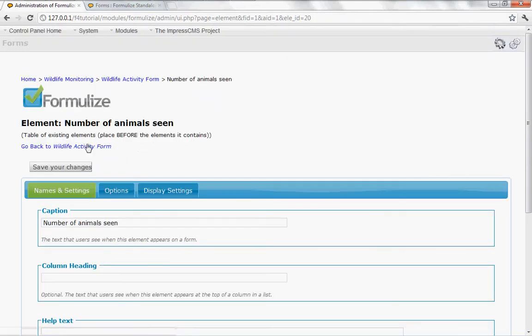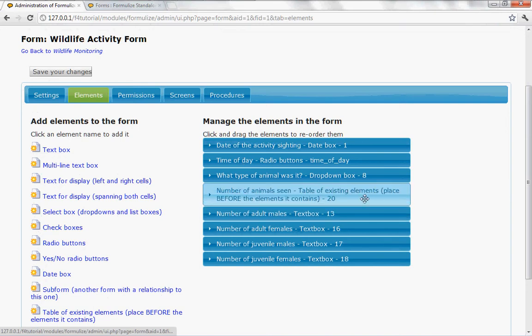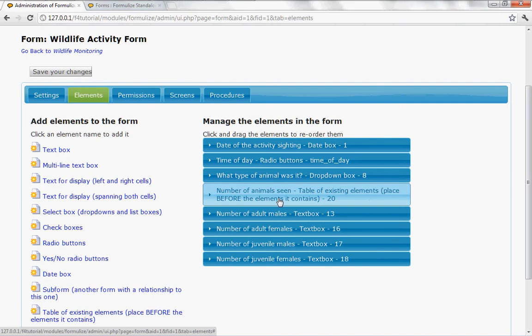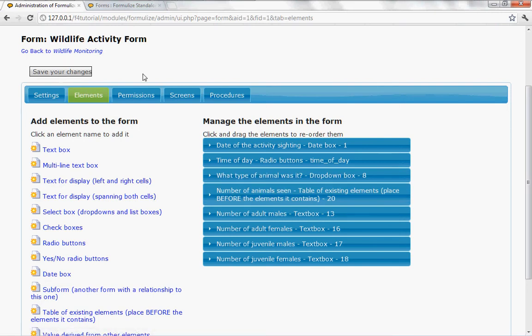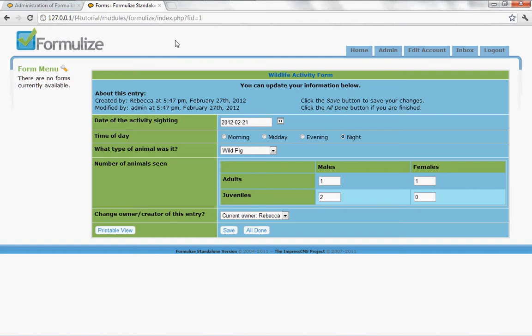All done. Just to show you the other way of reordering, you can also just drag elements around here if you want to make a change, and then click Save to save those changes. But with it in its current position with the options that we picked, if we reload this page, then there we go. We've got a table, a simple table, with the different headings, the columns and row headings that we chose,